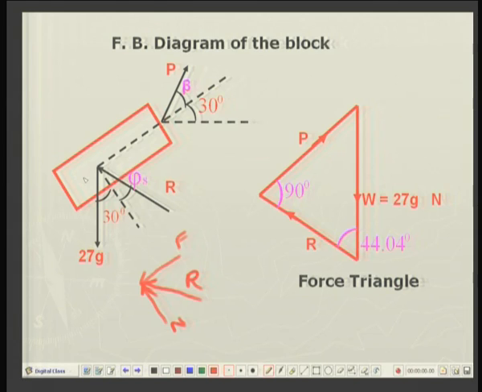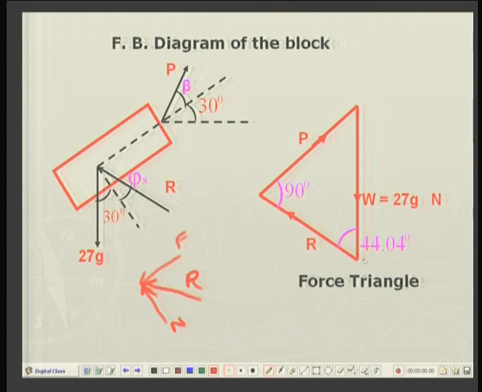So, this resultant R is shown, and the angle between the two, as we can see from the triangle law, is the angle phi s. The force P, which is trying to pull the block up, is shown here, inclined at an angle beta to the direction of motion, and this direction of motion is at 30 degrees to the horizontal.